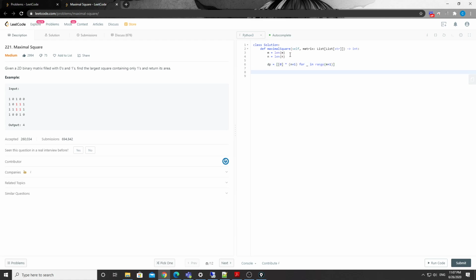And then I think we can do a sanity check here. So basically, if not matrix, right? If not matrix, we do what? We just return 0, right? And so here we're going to do a for loop for I in range. So here we start from 1, from 1 to m plus 1. And then here for j in range,